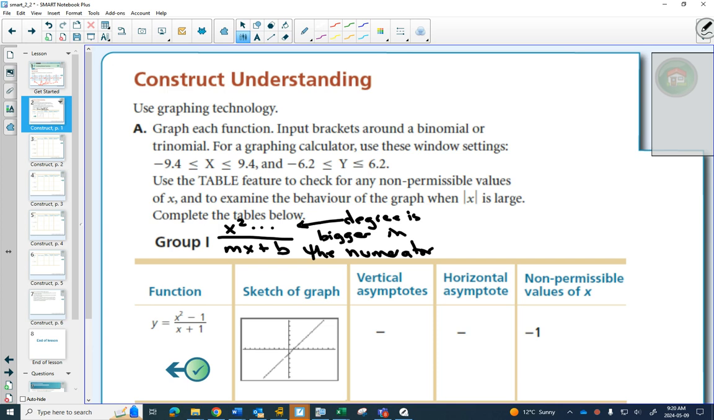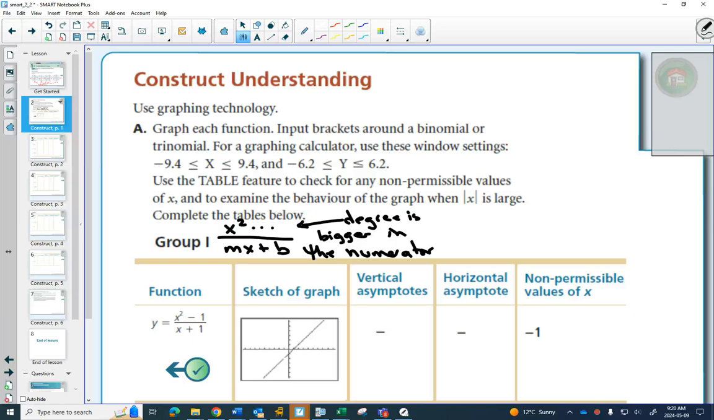because if we notice some patterns, that will help us graph things. Group 1 is all about the degree being bigger in the numerator than the denominator. The degree of a function is the highest exponent. So a parabola has a degree of 2, a line has a degree of 1. And so when your degree is bigger in your numerator compared to your denominator, we're going to look for certain